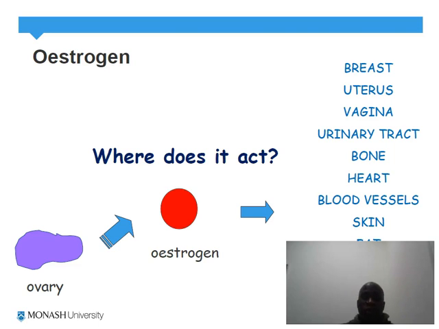They will influence breast development. Uterus, they will also act on the vagina, the urinary tract, they will also act on the bone, the heart, blood vessels, the skin, fat, the bowel, liver, and the brain. So you can see how diverse